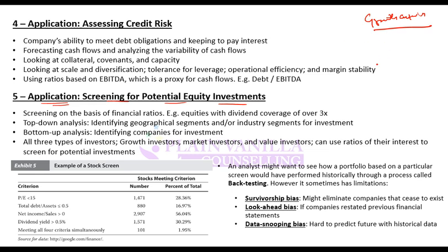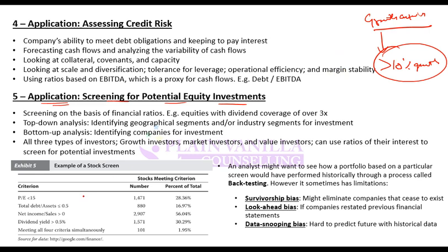So you want to select only growth companies from all the companies. What you can do is put a screening criteria that only selects companies with greater than 10% growth. So where does this come from? How is it calculated? Through financial statement analysis. And this can help you screen the growth companies.